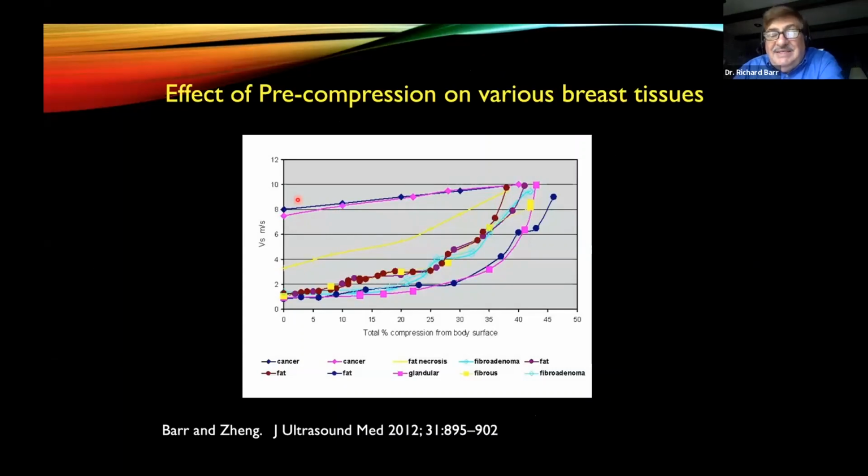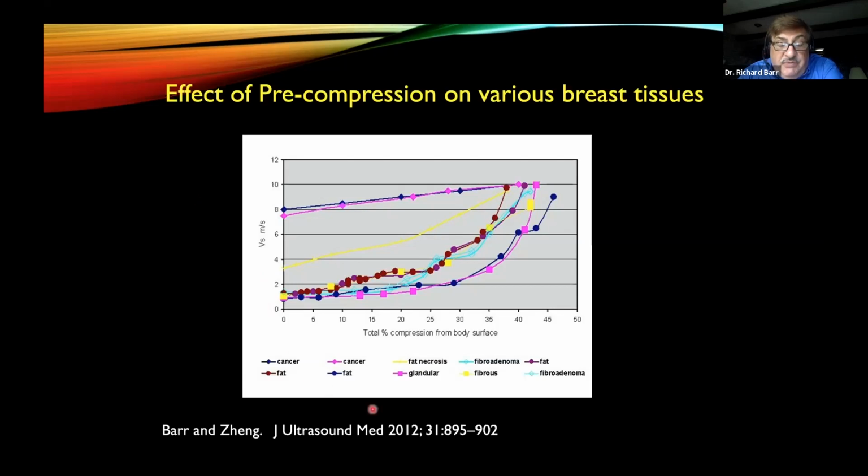When we're doing breast elastography or any small parts lesion, what's really critical is the amount of pressure that you apply with the transducer. And I call that pre-compression. Some people call it preload. So when you compress something, you actually make it stiffer. So in the liver, we're scanning between the ribs. No matter how hard you push, you're really not going to apply pressure to the liver because the ribs are going to prevent you from doing that. And that's one of the reasons why we don't have you do substernal scanning, because you can put pressure on the liver and it's very hard for you to get the liver capsule perpendicular to the transducer.